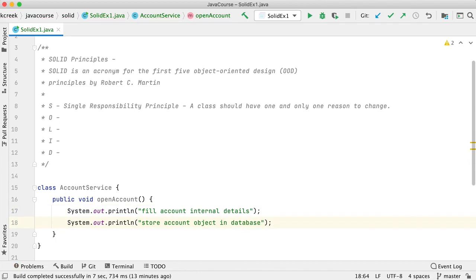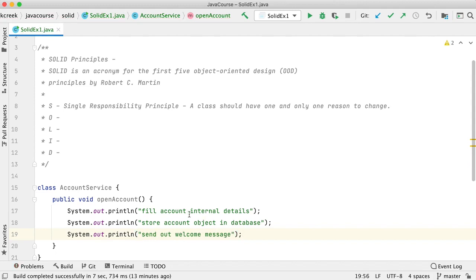Storing this account information in the database may be optional or may depend on the case. Then send out a welcome message, some notification to either the mobile number or email, etc.